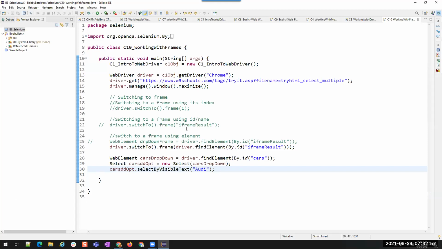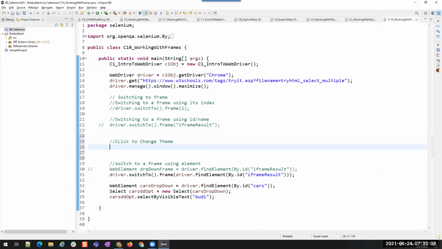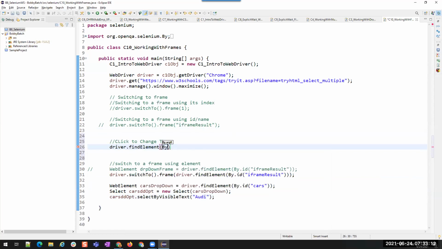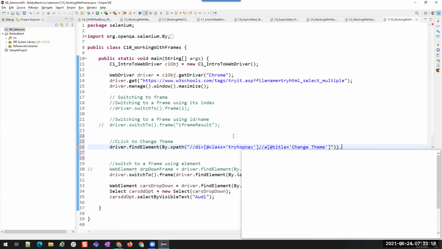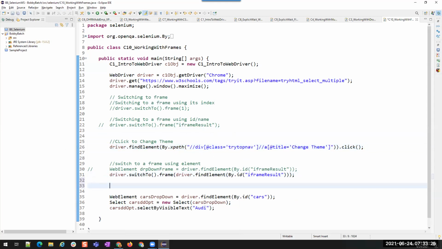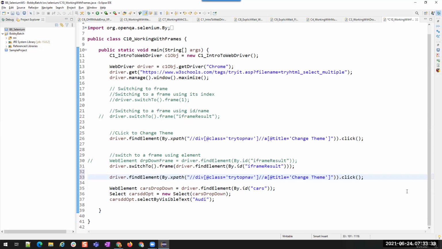Before we are switching to the frame, what I'm going to do is I'm going to click driver dot find element by dot xpath of this, and then click on it. Okay, this is before, and then after switching to the frame, I'll try to click on the same element.